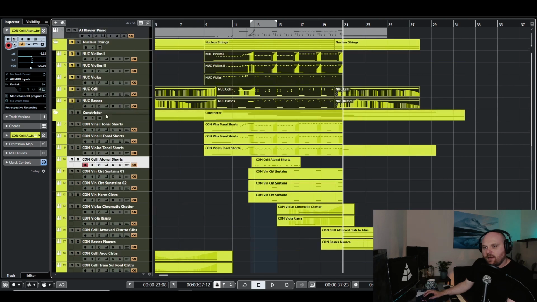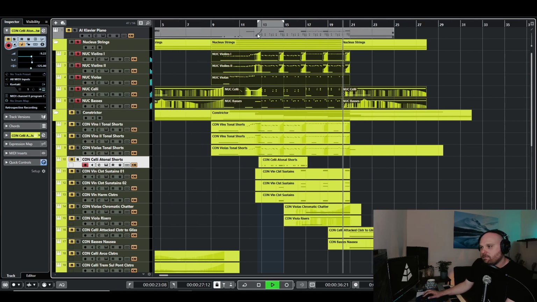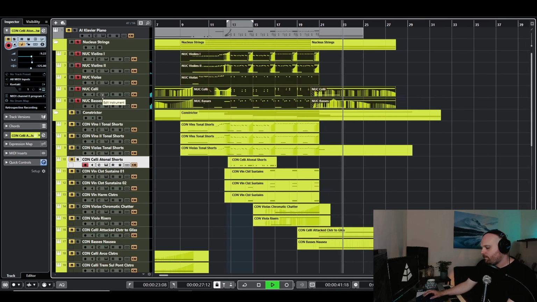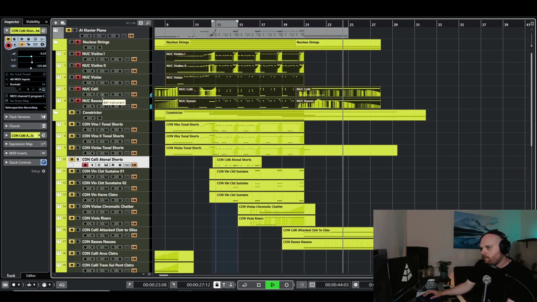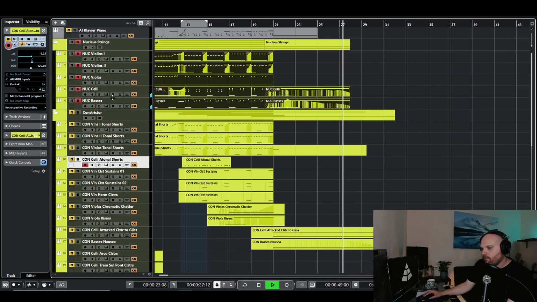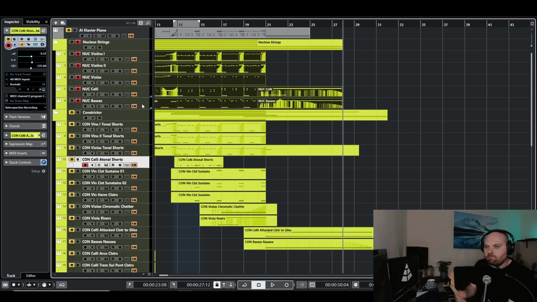So if we just move to the end of the piece now, what I did in the original mock-up with the Nucleus strings was I just copied the clusters from the beginning. Again, they sound really good, but it didn't quite have what I was looking for. I wanted something that sounded a little bit more interesting. So I searched around Constrictor to see what I could replace them with,